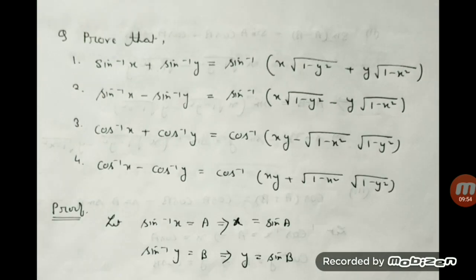For the third and the fourth question, the substitution is the same. Hope you understand it. So I'll name this as A and this as B. Then it becomes cos of A plus B, if I bring cos to the left side. That means here we can obtain this answer by using the cos of A plus B formula. Similarly, this one can be obtained by using the cos of A minus B formula.